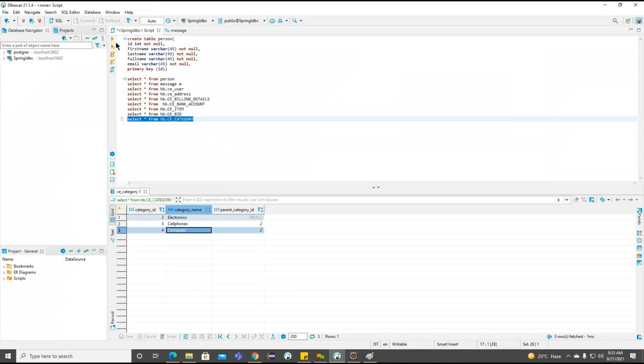Again, multiple insert queries we have seen. Now you can see the parent category is changed here. Now we are getting 4 here. Initially we got 2, right? For the parent category, we don't have a parent category, it is null. But these are the main objects we are having. So 5, 6, monitor and desktop are pointing to the 4, and the cell phones and computers are pointing to the 2, and electronics is our parent category. Parent category, right? So this is the way we can create multiple categories.